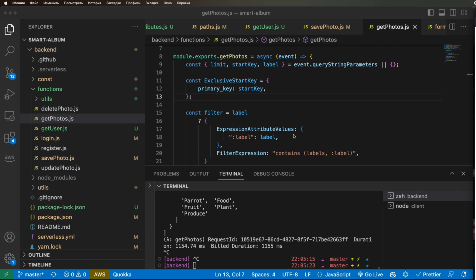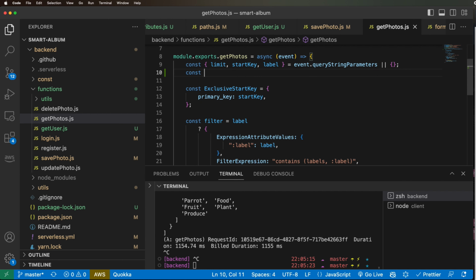So now I'm going to show you how we can filter our pictures in database using a user ID that we created. I also want to show you a different way of getting user ID. Before we just passed it from our client, but now we will try to get it from our token. As you remember, we already pass our token with every request in the authorization header. So what we're gonna do is, here where we are getting our event, we will get authorization